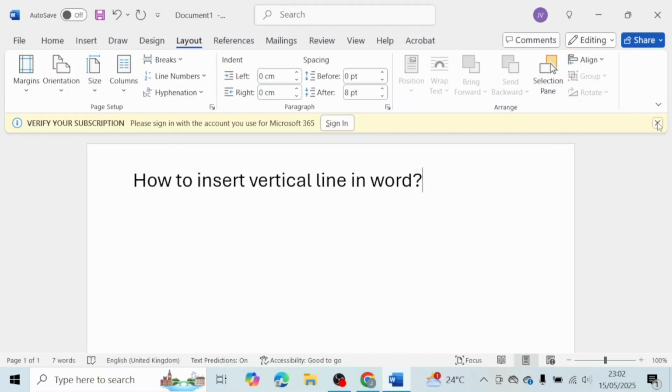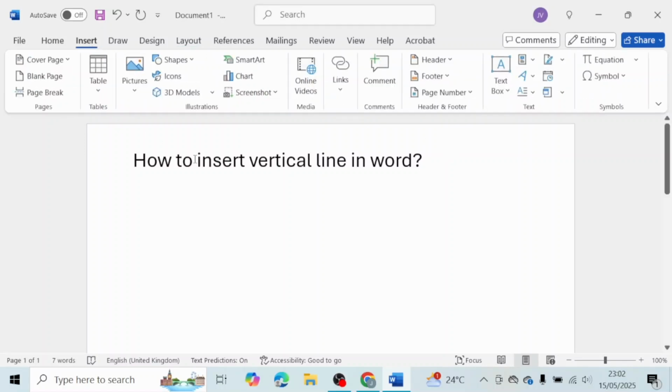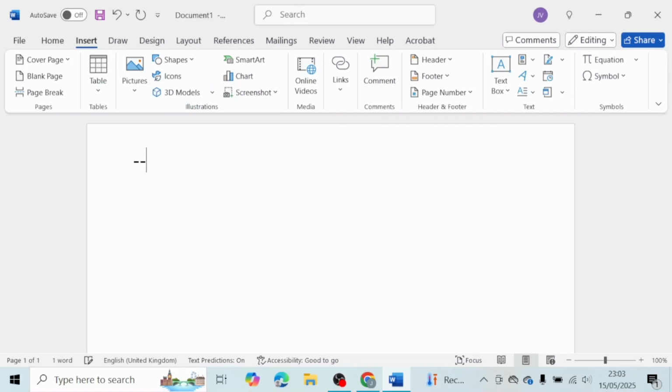If you are wondering how you can do that, you may follow the steps. First of all, open up your Word document in which you would like to insert a vertical line. Once you've selected the Word document, from the top, look for the Insert option from the menu and look for the option of Shapes